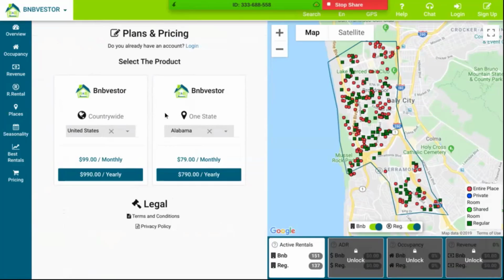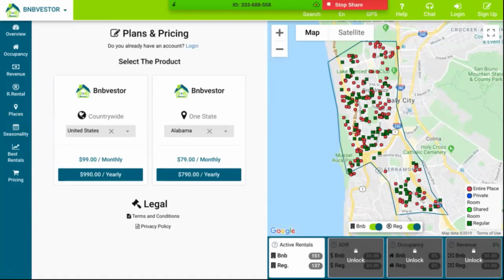Bnbvestor is a system that is available worldwide. You're going to be able to see short-term rentals information data basically in almost every country in the world. But of course, there are some countries that are even more important for this business, like the United States.